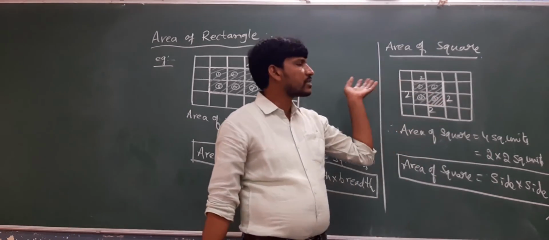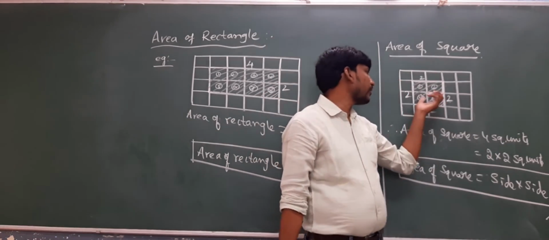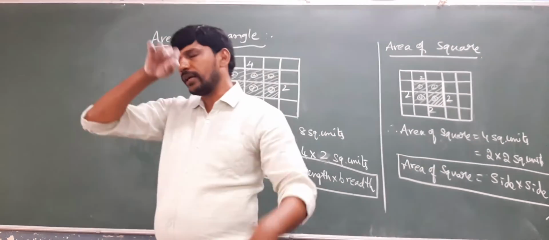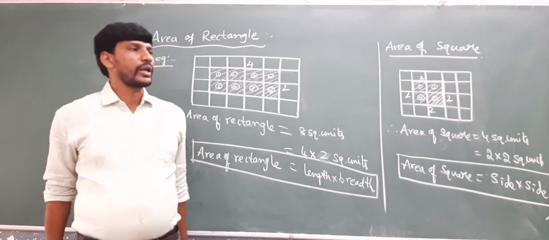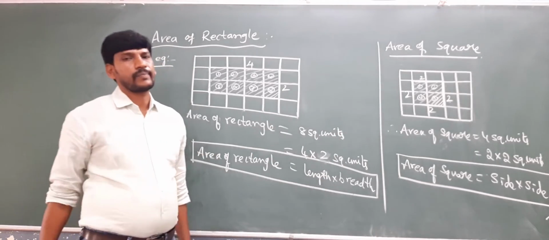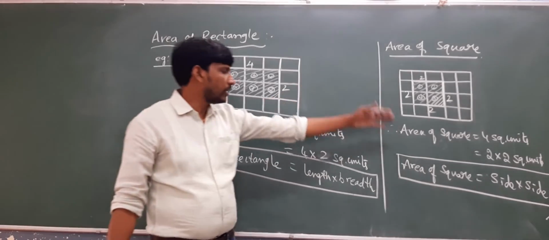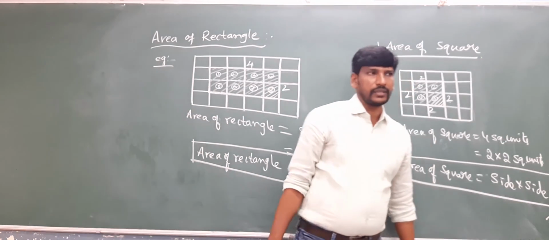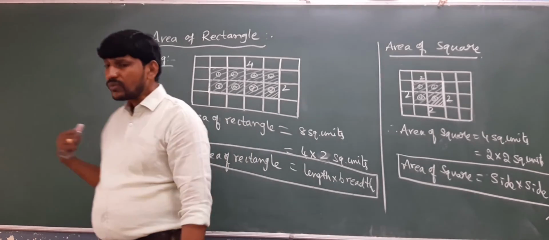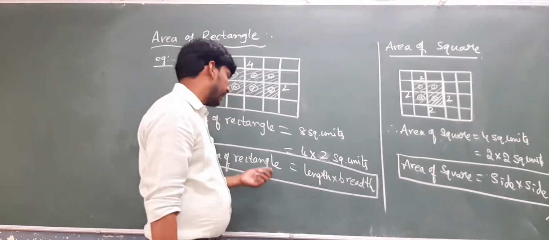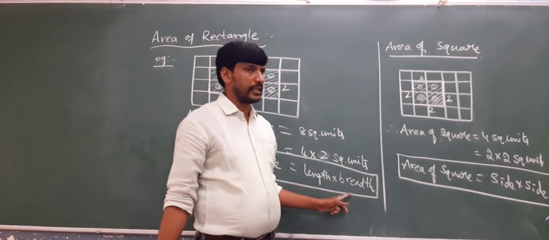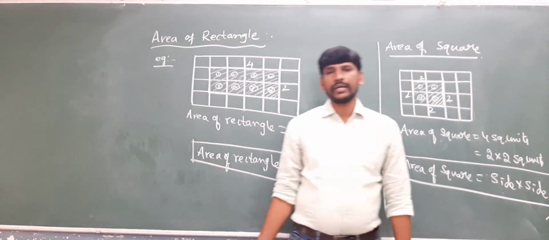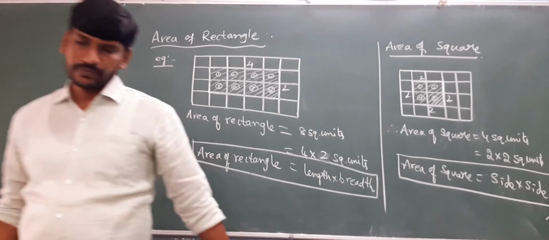It is a simple, small figure. You can count the number of squares. If it is a huge figure, a big square, you cannot count by squares. So there you can use the formula, area of square is equal to side into side. I hope you understood that. The formula to find the area of rectangle is length into breadth, and the area of square is equal to side into side. Clear my dears everyone? Right.